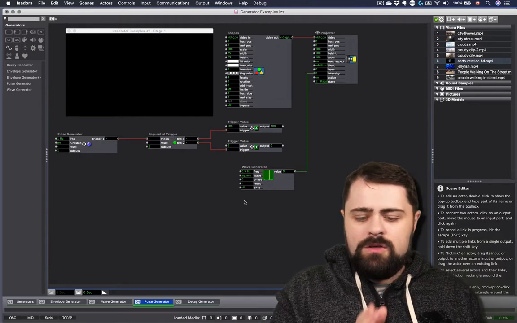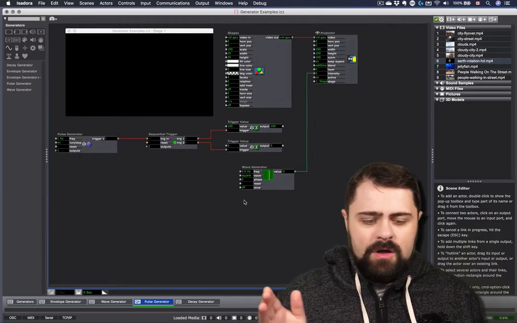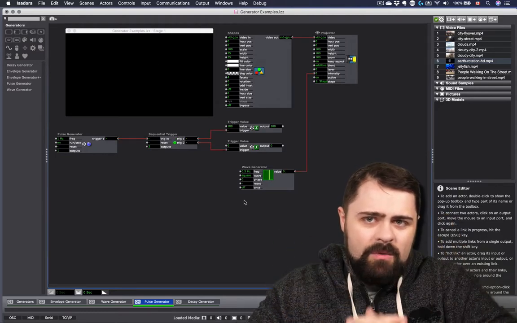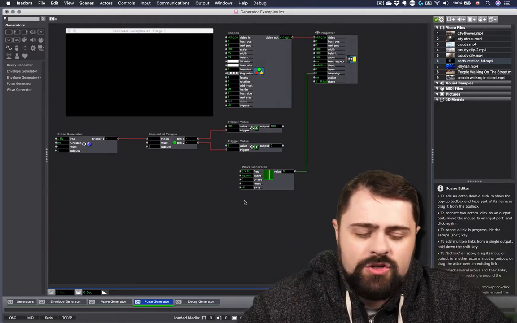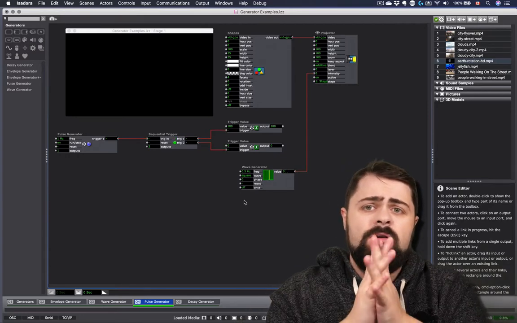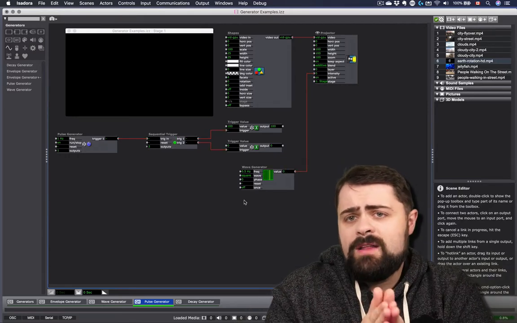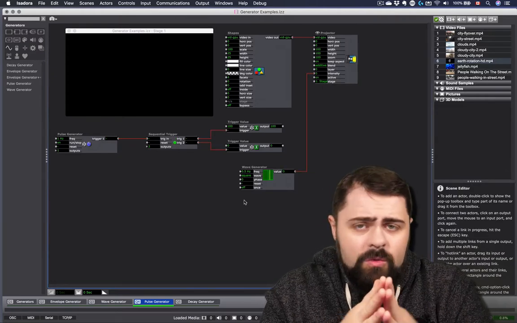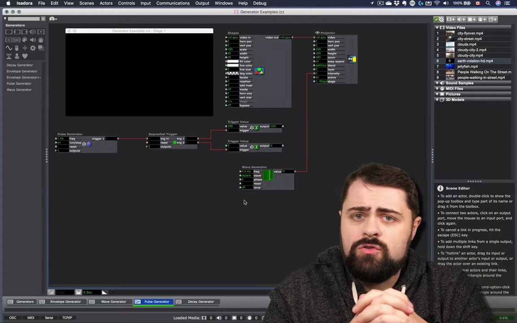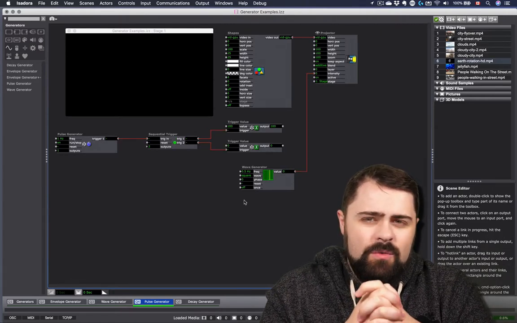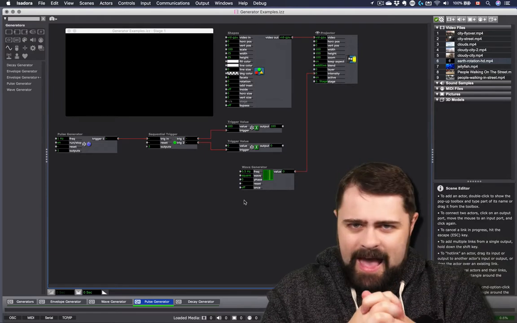Deciding when to use a wave generator and when to use a pulse generator is really going to depend on exactly what you want to achieve with your patch. Oftentimes we will use the pulse generator as a very important part of automated timings or other things like the particle generator actor, which we will explore in a future tutorial.